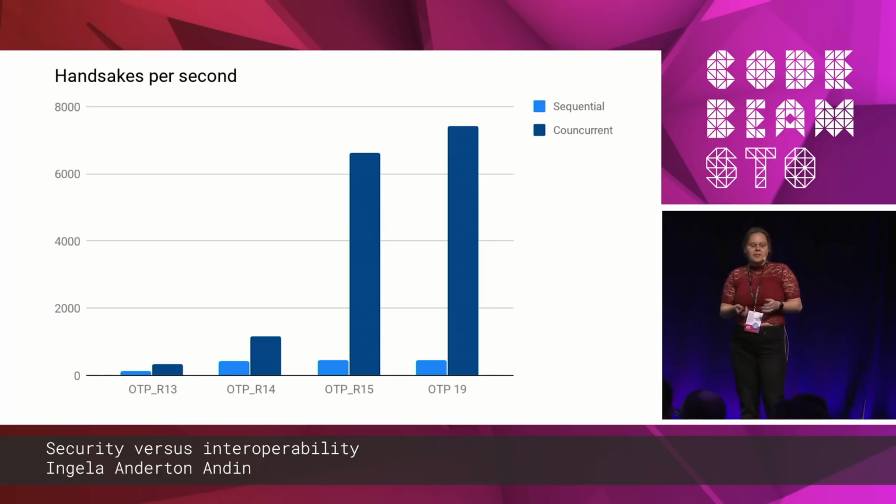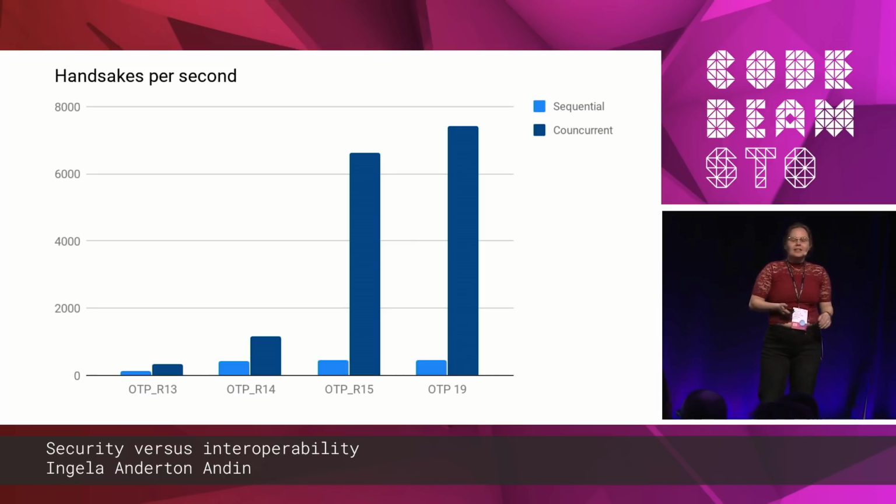And before I go on to talk about the trade-offs, I would like to show you this picture. It shows you what we gained in scalability by using Erlang to implement the TLS protocol. So the first, in OTP 13, that was the old solution, only using OpenSSL. And you can see it scaled very, very poorly. This is a benchmark run several years ago on an old machine, so please pay more attention to the trend than to the actual numbers.